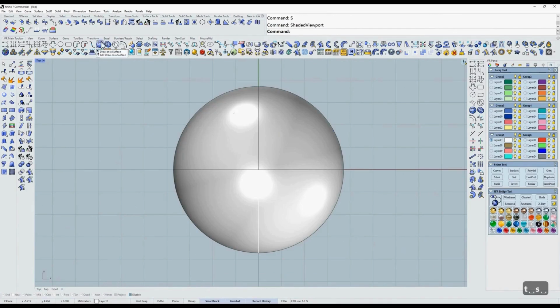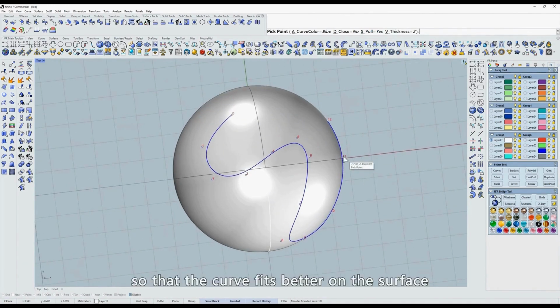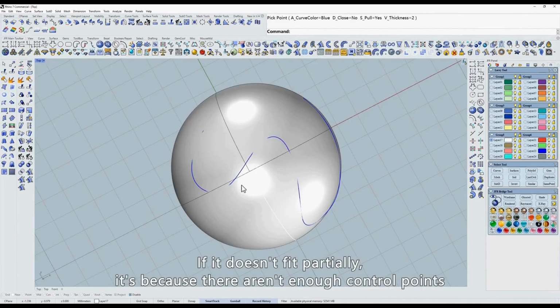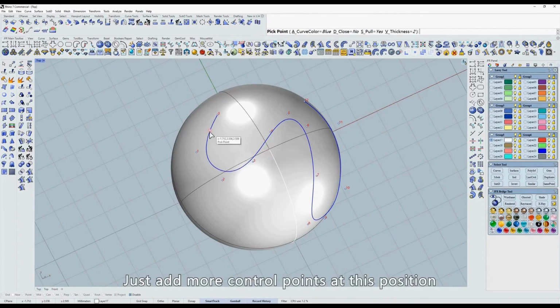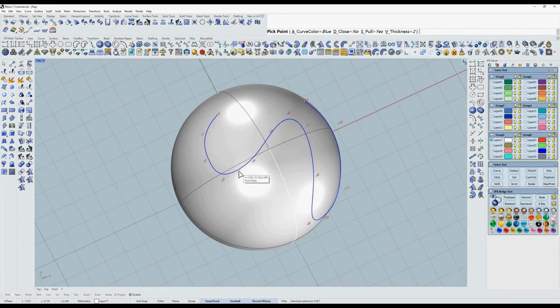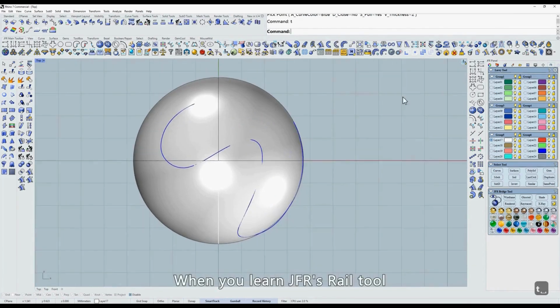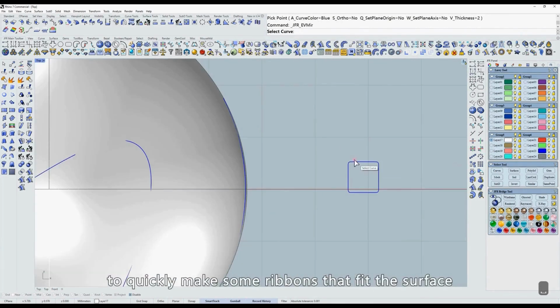Right-click to re-edit. Generally, I prefer to turn on pull so that the curve fits better on the surface. If it doesn't fit partially, it's because there aren't enough control points. Just add more control points at this position. That's better. When you learn JFR's Rail tool, you can combine them to quickly make some ribbons that fit the